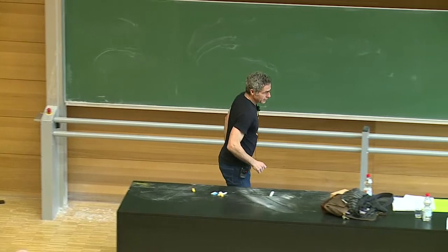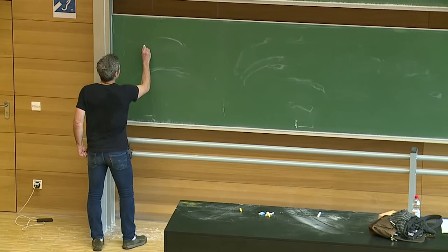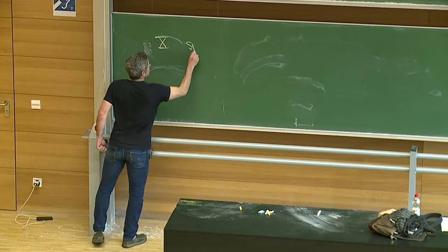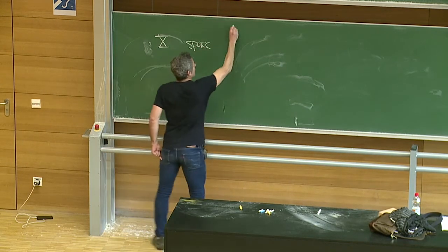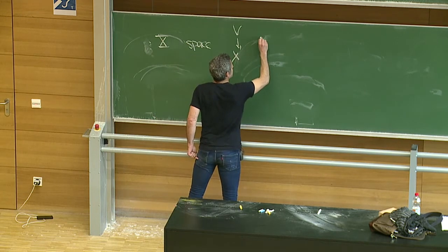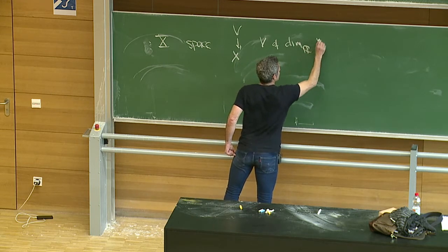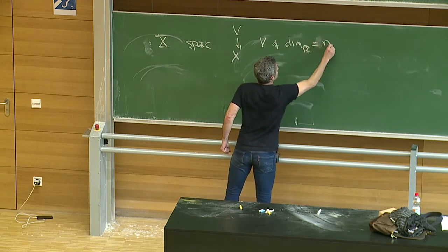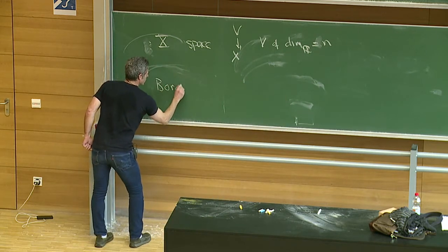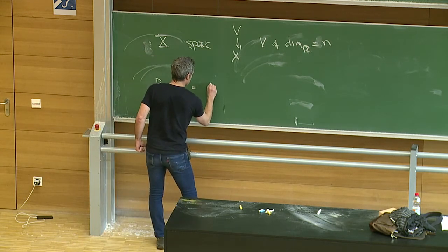So more formally, what do we say? We'll start with some space X and some vector bundle over X of real dimension n, a real vector bundle of dimension n over X. And then we'll define Bord_n(X) to be the infinity-n category